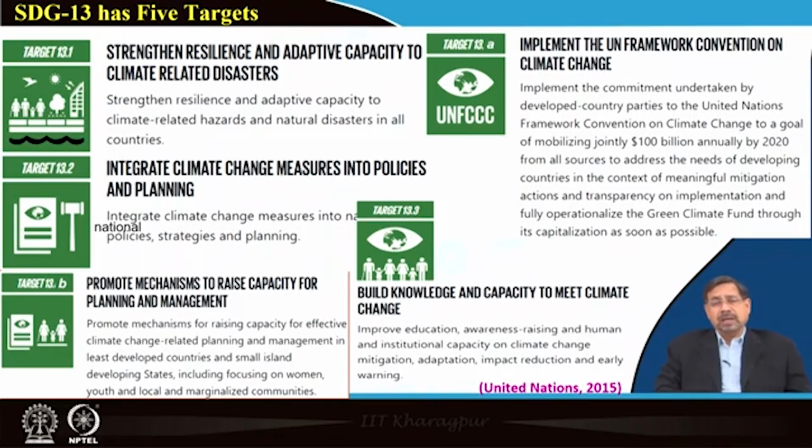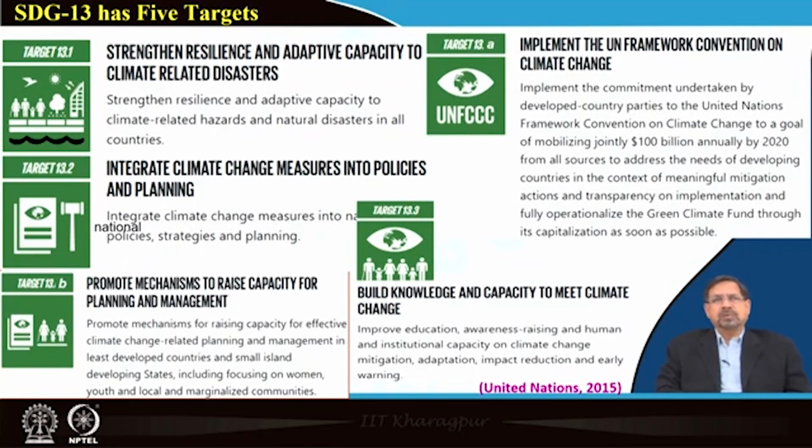Early warning also helps in pre-informing the people and the habitat, so that they can move or take the necessary measures to cope with extreme weather events, starting from cyclones, droughts, landslides, fires, heat waves, and lightning. All of these need to be taken care of in terms of building knowledge and capacity.